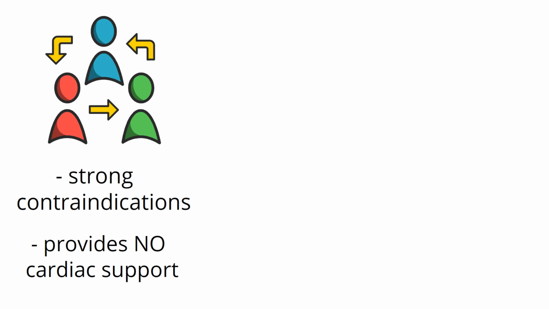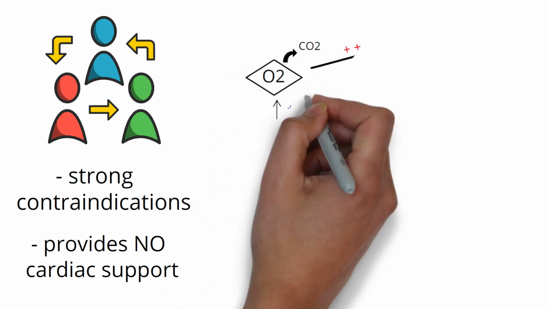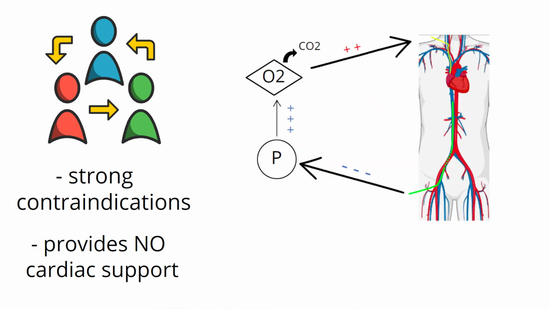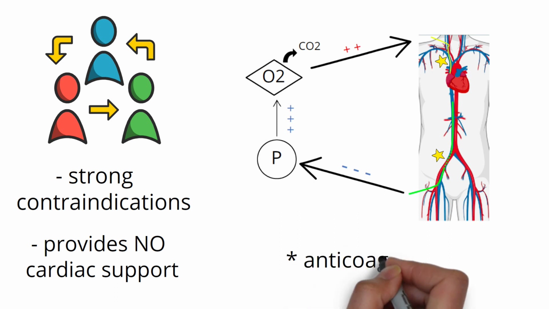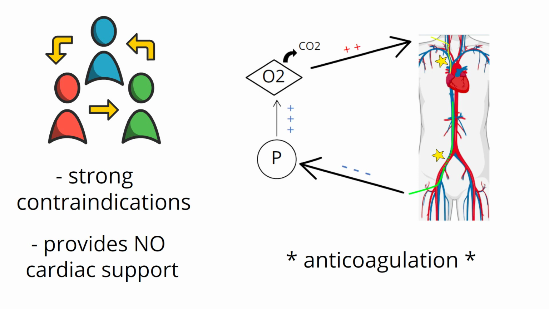The VV ECMO circuit typically includes 2 cannulas, one venous drainage cannula that drains the blood, and one return cannula which returns the blood to the right atrium. The blood will drain through the venous cannula into the pump and oxygenator, which provides the gas exchange, and then returns the blood to the right atrium to be delivered through the lungs and out to the body by the patient's heart. Lastly, remember that these patients should be on anticoagulation, if possible, to prevent clot formation either in the ECMO pump or